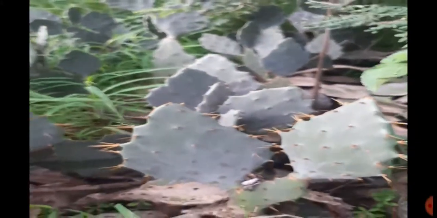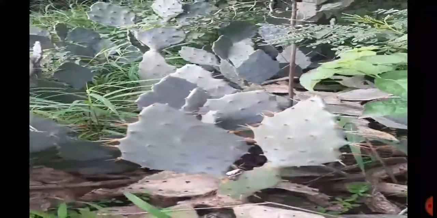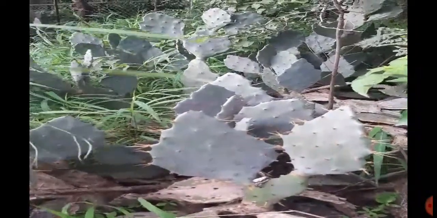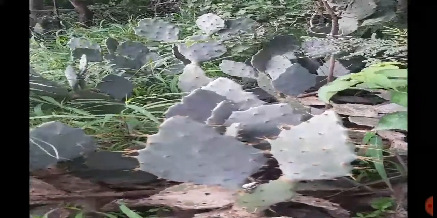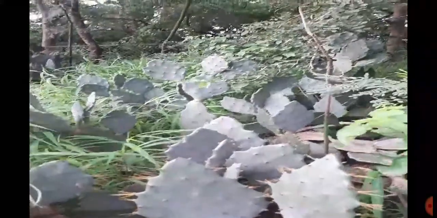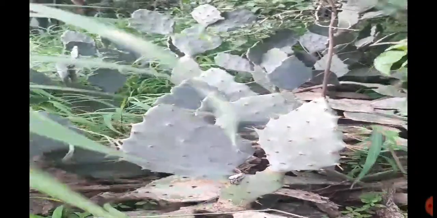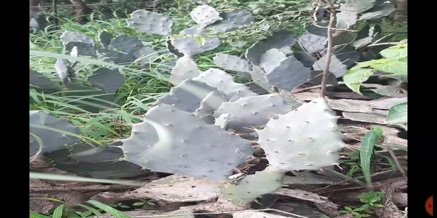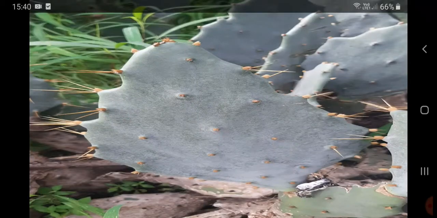To prevent transpiration, the leaves are modified into spines, and therefore the function of leaves is taken over by the stem. So the stem becomes green and flat. The stem is also fleshy because it has mucilage in it. So this mucilage is going to hold water. So it also conserves the water which it gets.